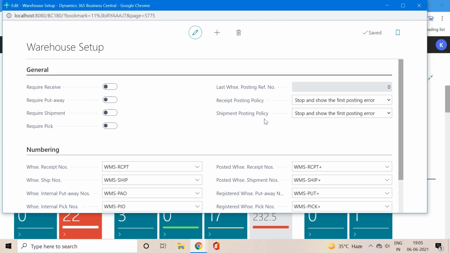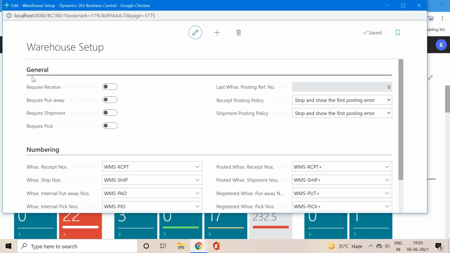So what exactly is the difference between these two setups, and under what scenarios do these setups actually work? This is what we're going to learn in today's video.